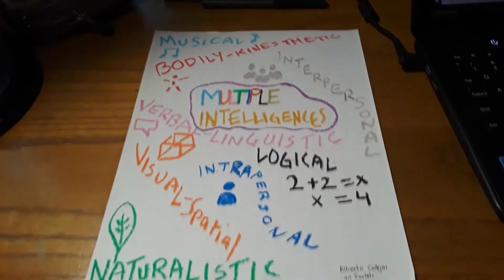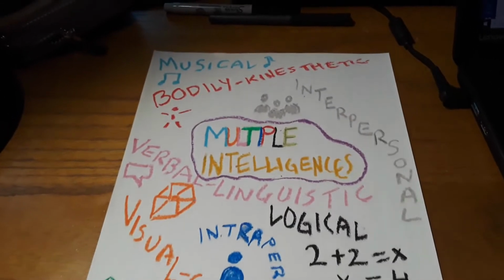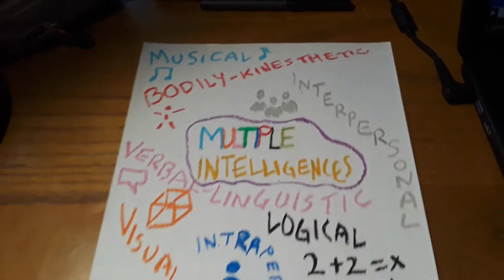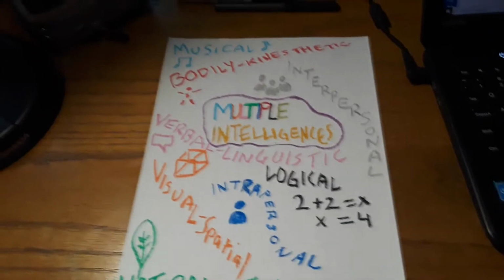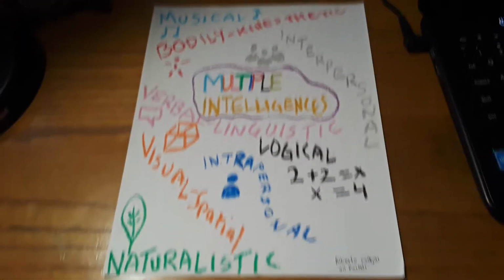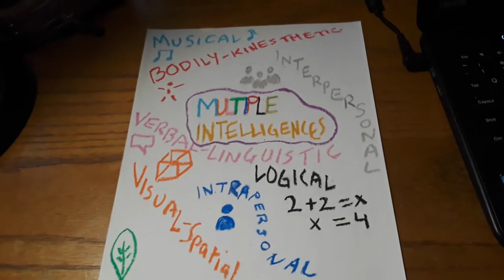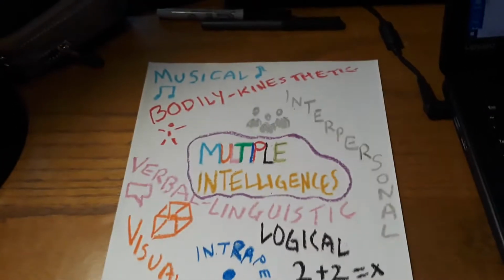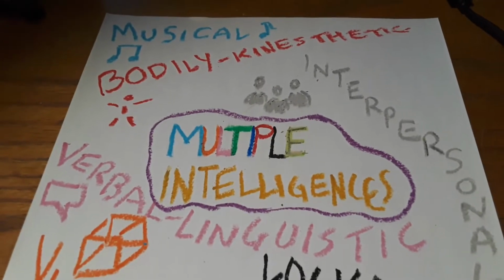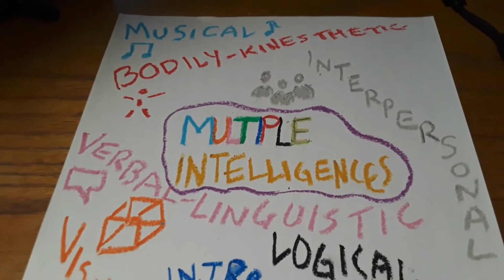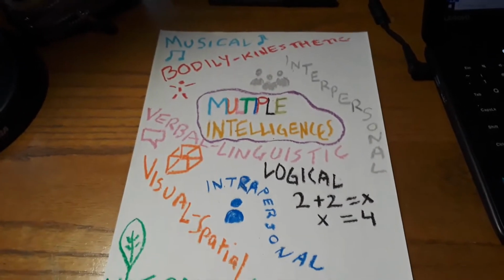The multiple intelligences have a visual component to them. This is the page that I drew with oil pastel, and it mentions all eight intelligences: naturalistic, visual spatial, intrapersonal, logical, verbal linguistic, interpersonal, bodily kinesthetic, and musical. Notice at the title, all the letters of "multiple" are put together because they all overlap, and people possess all eight to different competencies.